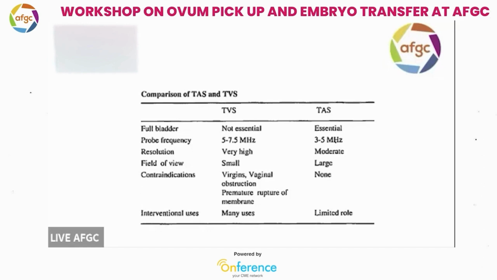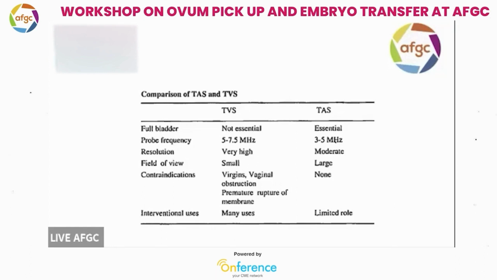Now, TVS is always done in an empty bladder, and suppose there is a large fibroid, you can pick it up even when you do not have a full bladder. So, the rationale of doing a transabdomen after a TVS is to pick up large cysts, large fibroids if you have missed it